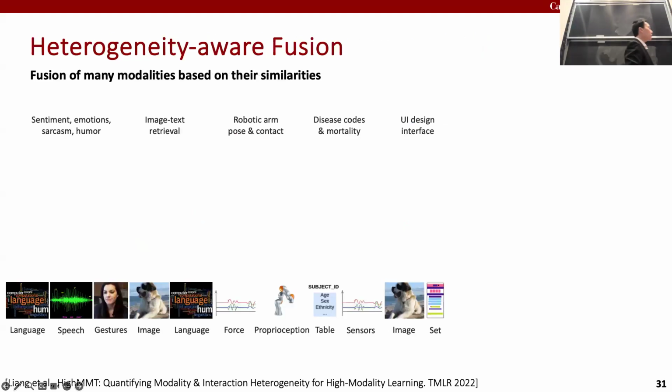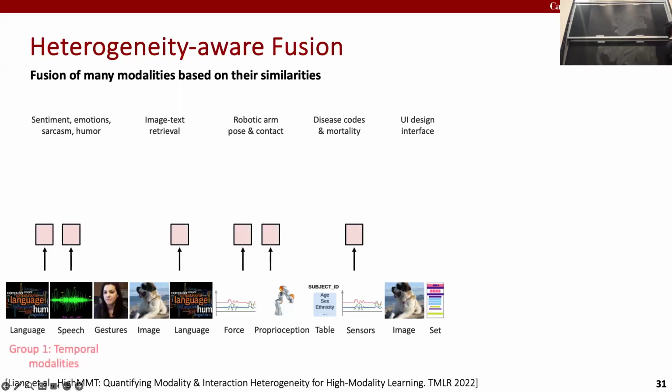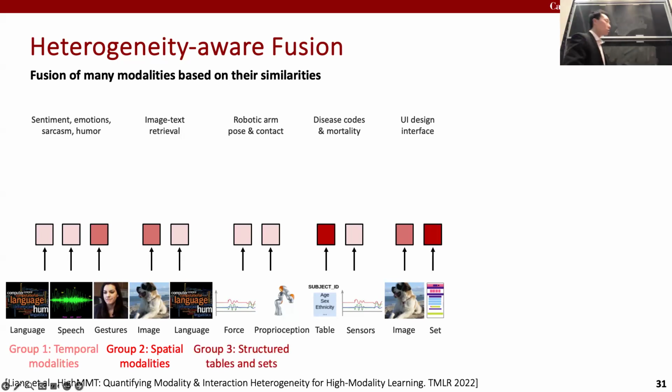And when we apply that in practice, we find that there are actually certain groups of modalities that transfer well to each other. The first group are more temporal modalities. Some of these large language models do transfer well to speech data, and also sensor data, which also has a temporal pattern across time. A second group are more spatial modalities. Models trained on visual gestures can also transfer to images, multimedia on the internet, and medical images, data with a more spatial nature. Modalities that are more structured, such as tables and sets, where there are elements within these modalities, so there's permutation invariance within these elements, transfer well to each other.